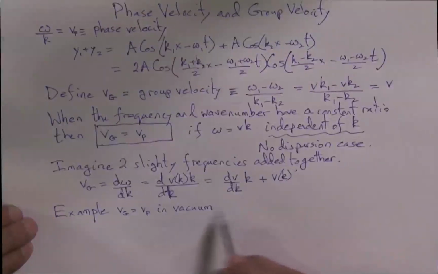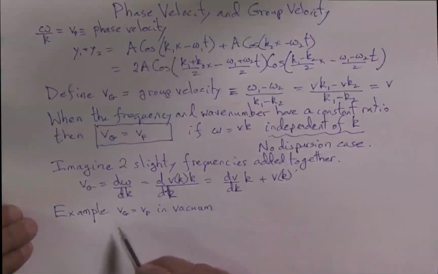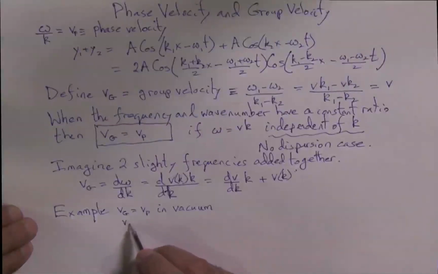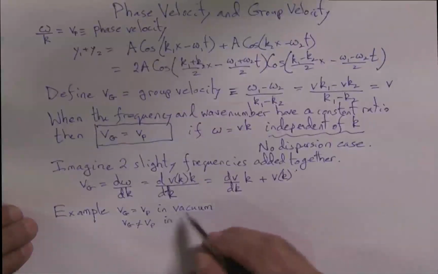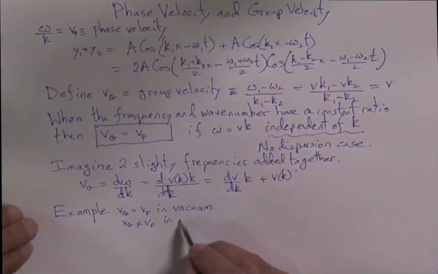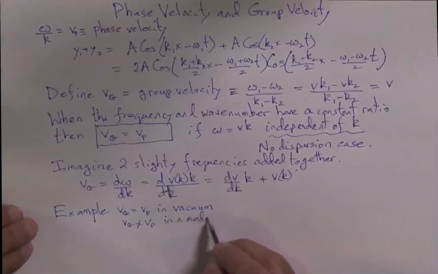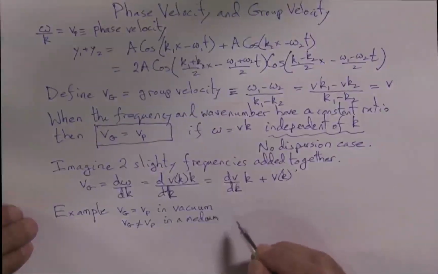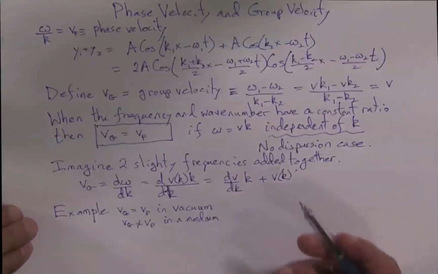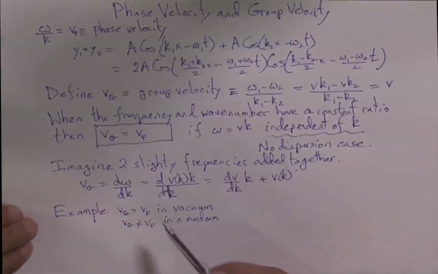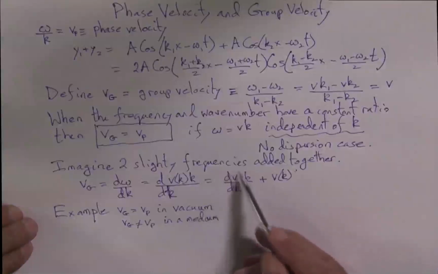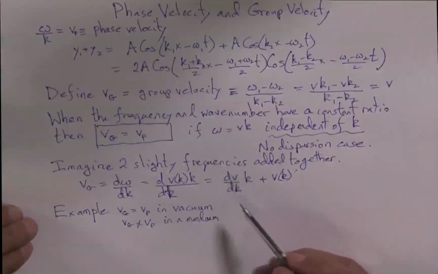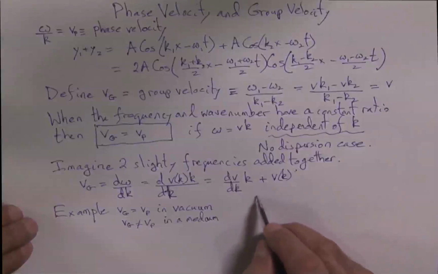But if they go through a medium, then Vg is not equal to the phase velocity in a medium. In fact, the group velocity can be very small. That's because you could have dv by dk being negative. So essentially, the question is,